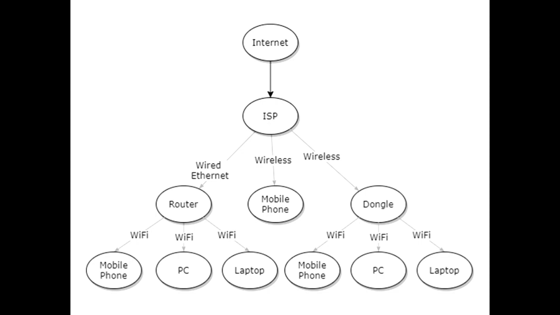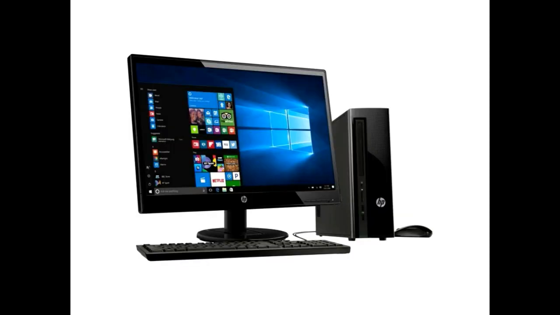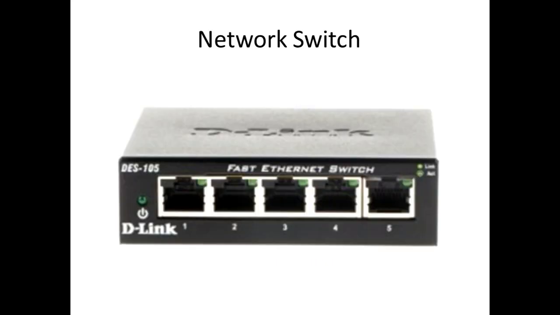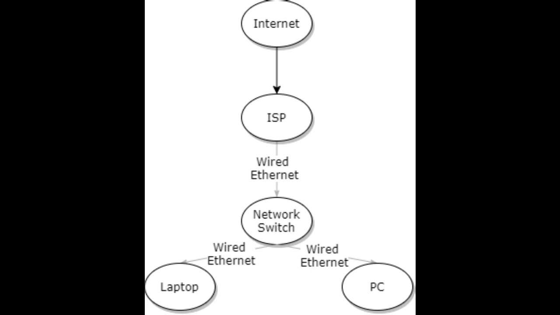But what if you are not connected in a wireless manner? What if your device is connected by a wire? This is prevalent in office environments and in PCs. This wire is like the cable that provides your Wi-Fi router with the data, the Ethernet cable. But if there is more than one device connecting to the internet through the same internet plan, then you will have a device that looks somewhat like this and is called a network switch. It takes one input from your ISP and divides it into outputs that you can then connect via an Ethernet cable to your PC, Mac, or laptop.